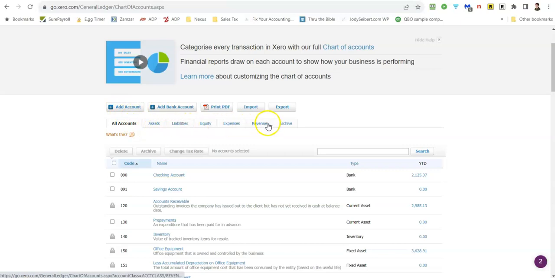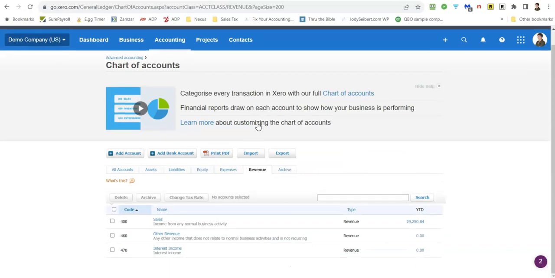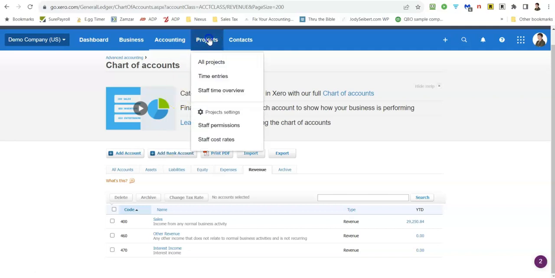This is actually kind of cool because you can archive them, and then if you just want to see, say, just your revenue accounts, you can only look at your revenue accounts. And of course, you can edit these names to be anything that you need them to be. And when you add a bank account, that means you also can connect to that bank feed. Projects,